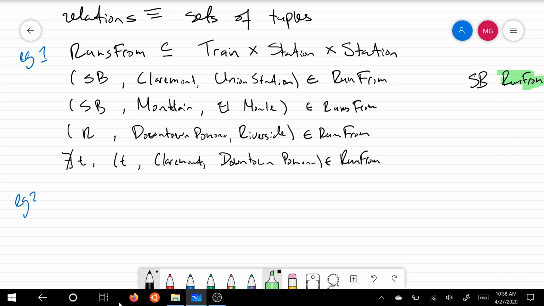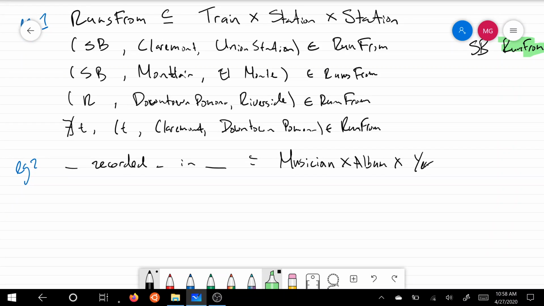So this will be another three-place relation. Recorded blank in blank is a subset of musician times album times year. Okay, so what's in this relation? What I've done over here is I've given the three-place syntax. So what I can just say is